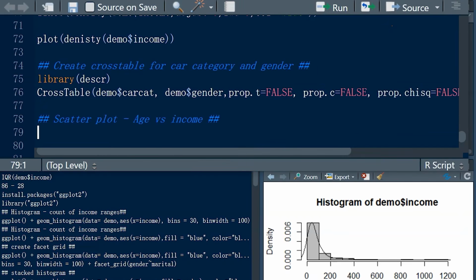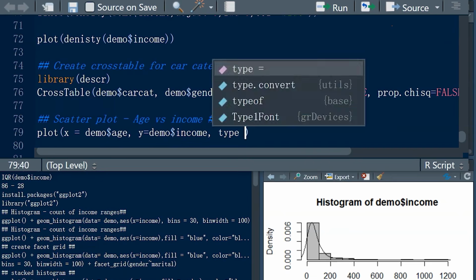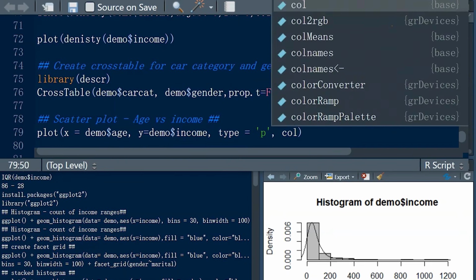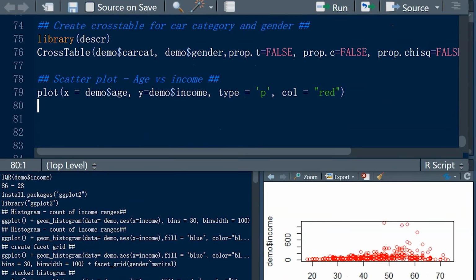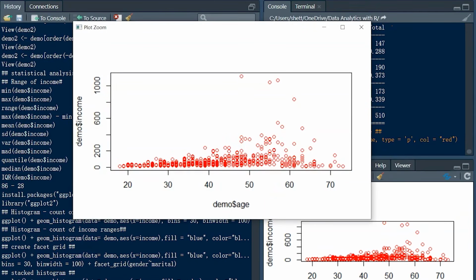Now let us see how to use a scatter plot of age versus income. A scatter plot is a visualization used for bivariate analysis. When you want to perform some analysis between two continuous variables at a data point level, rather than performing the analysis at an aggregated level, such as sum or mean. And now we have a scatter plot of age versus income, age in the x-axis and income in the